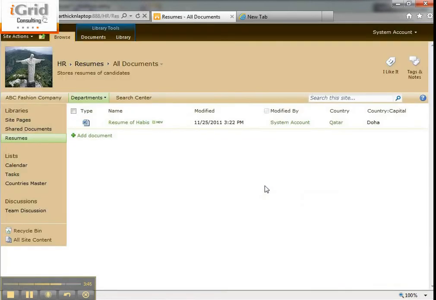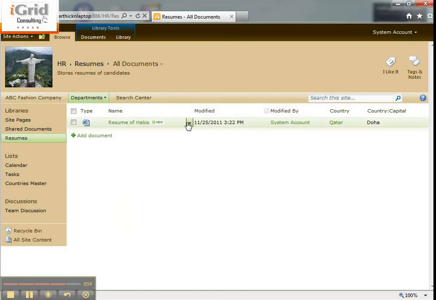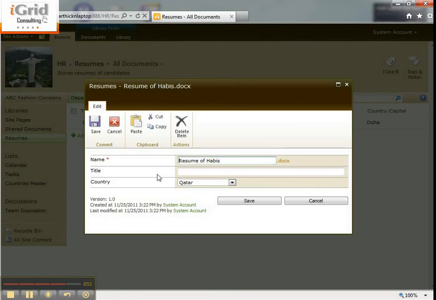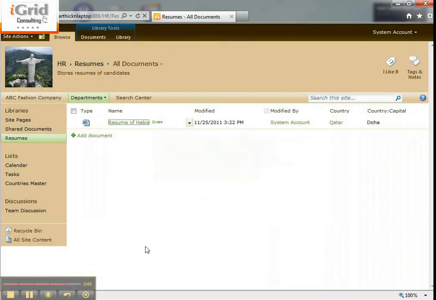Right, good. Now assume that I'm going to modify this document. I've clicked on this document. It's opening up in Word for me, and I want to modify this document. Let's see what happens with respect to the versioning. It's something which is very, very interesting to actually look at. So I'm going to just change the properties here. I'm going to make it Saudi Arabia. If we lock these, and just